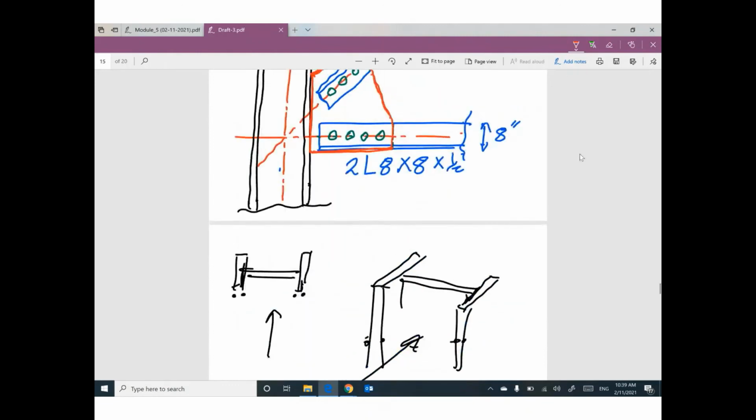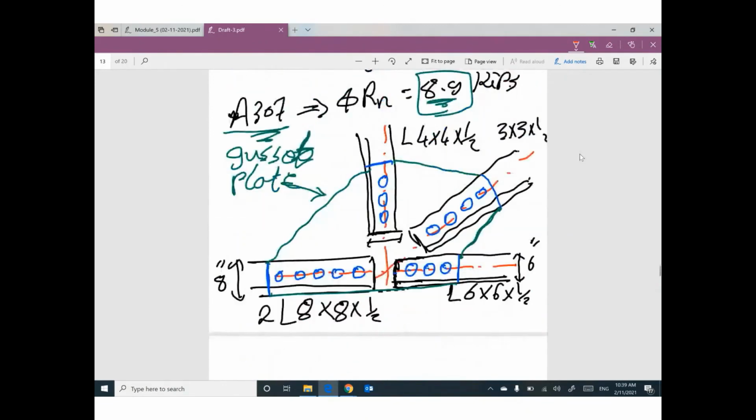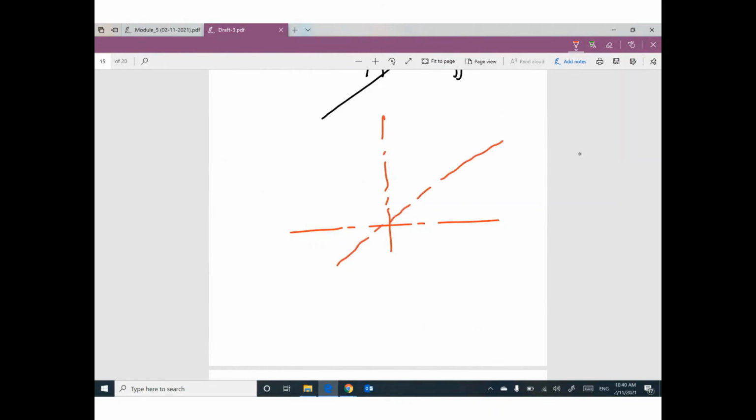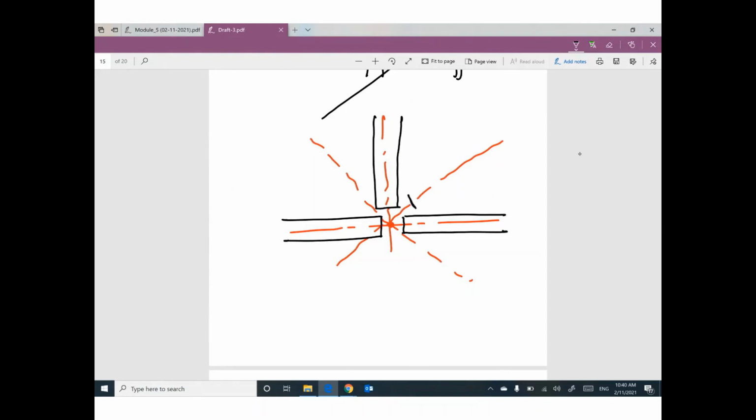So guys, first step for truss connections, you have to draw the center line. Center line for each member, for each member, for each member. And all of these center lines connect here, which is the joint of the truss. Second step, you need to draw the horizontal member first from this side and this side, then the vertical member, then the inclined member.